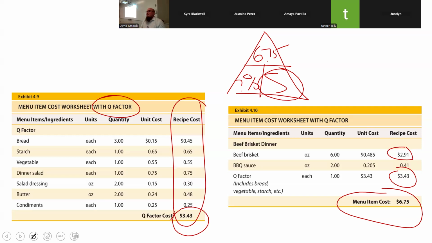So there's more labor involved with that, but more labor intensive. I'm gonna put those ingredients, those recipes as part of my Q factor. So then that way, when somebody purchases something different, then it actually kind of helps boost my profit just a little bit. Not much, but just a little bit. Over time, that might make a difference.